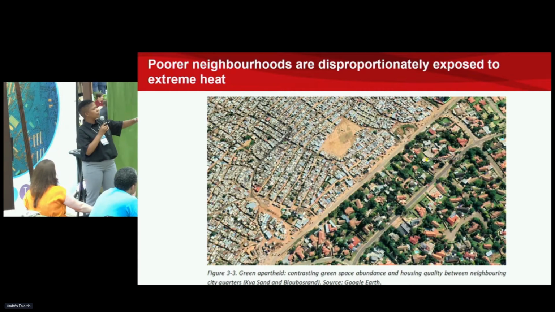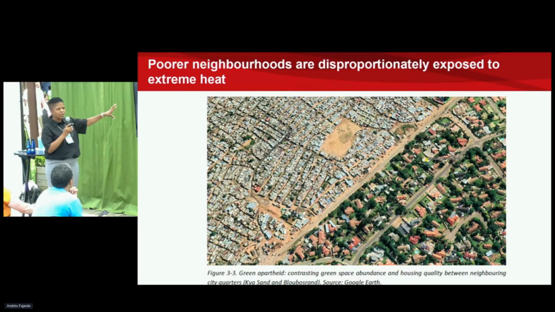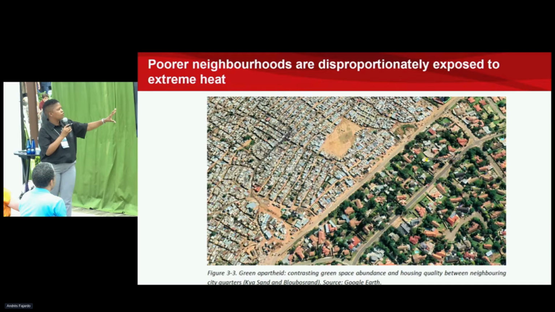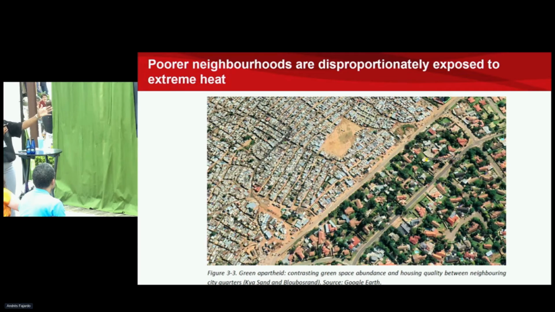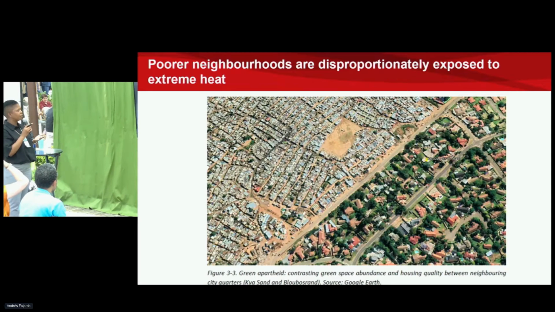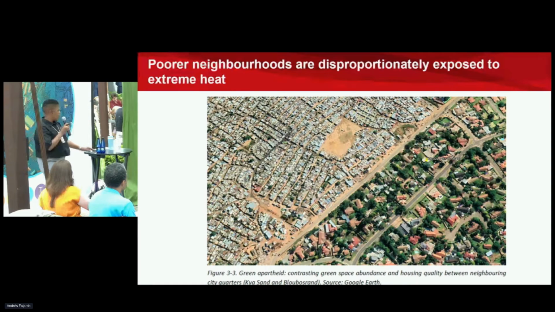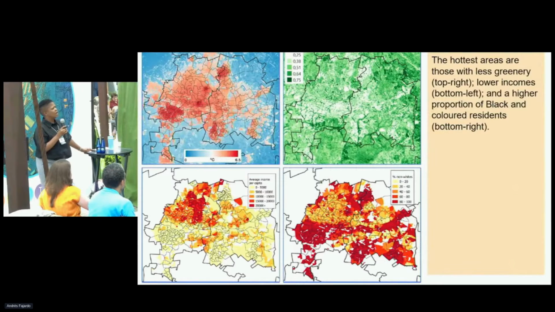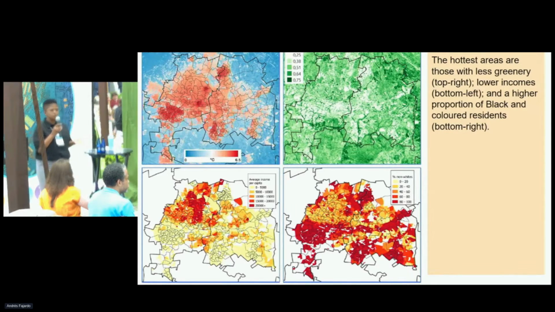So what you're seeing on the left, at the top, would be your densely populated poor areas as opposed to relatively more affluent areas. And as you can see, there's less to no green infrastructure at the top as opposed to the bottom. So what does that mean? It means if you're going to be getting more extreme heat, the houses at the top are more exposed and vulnerable. And these maps are just re-emphasizing the point that where there's no tree canopy or green infrastructure, you are going to be getting increased heat or heat risk.